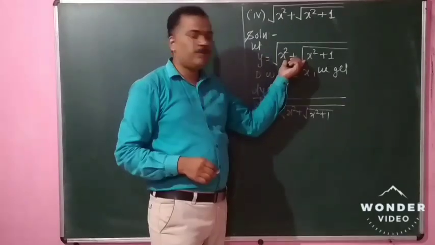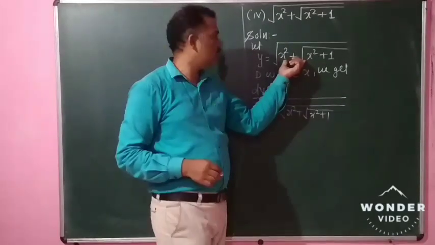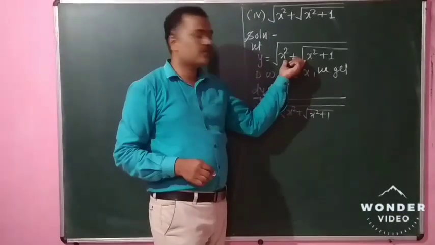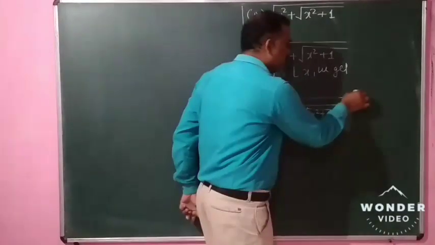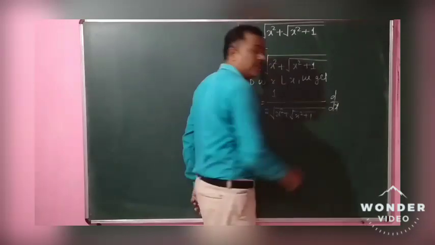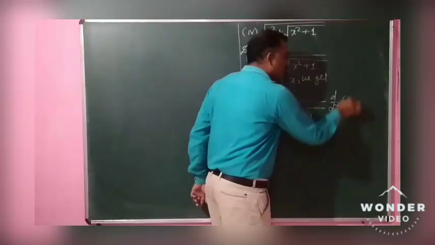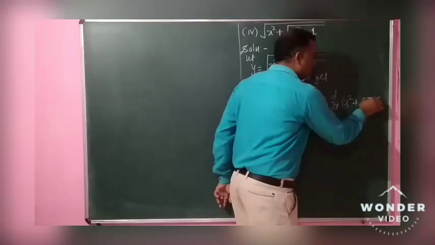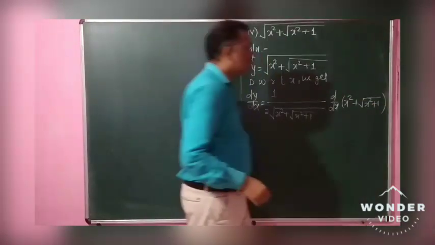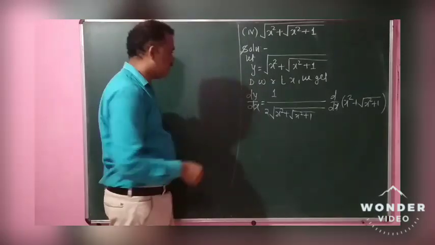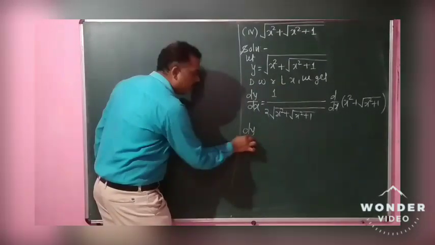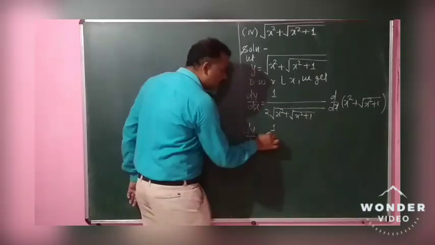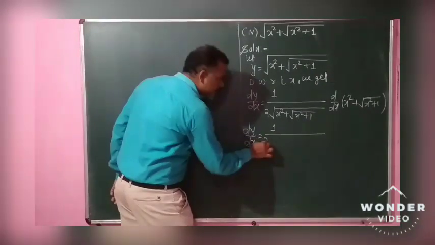Now we have to take the derivative of the inside of the square root, that is the derivative of x square plus root of x square plus 1 with respect to x, d dx of x square plus square root of x square plus 1. Okay, that is dy by dx is equal to 1 upon, write this as it is,